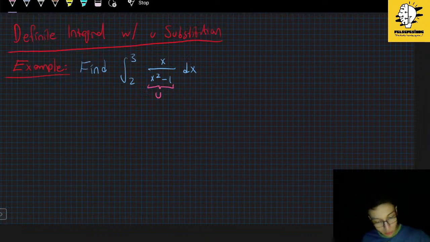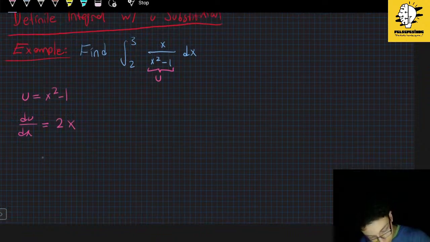Why do I call this u? Because if u is equal to x squared minus 1, wouldn't it be the case that du over dx will be equal to 2x? And do I have an x in my equation? Yes, I do. Therefore, I can say that